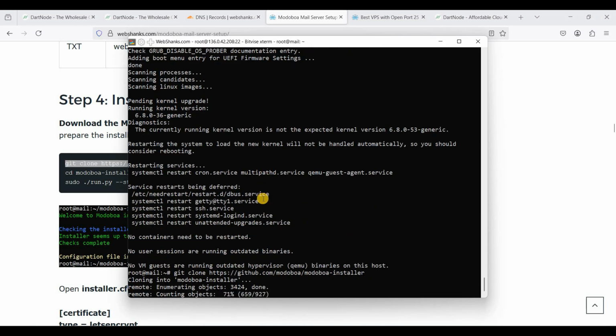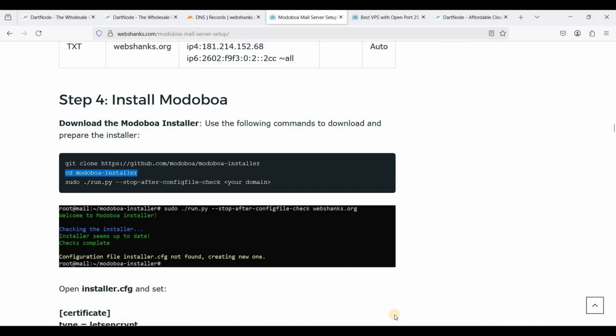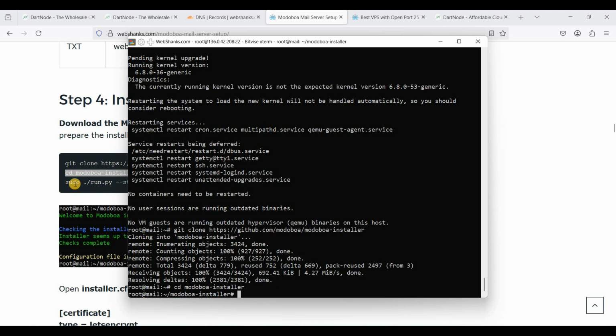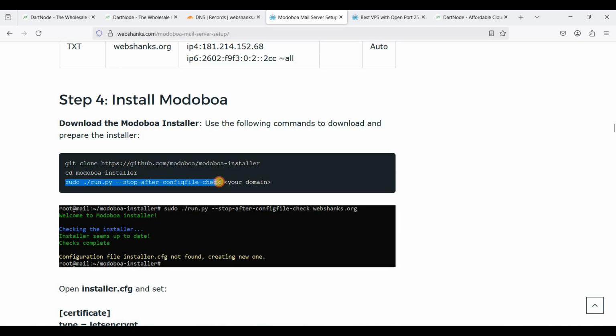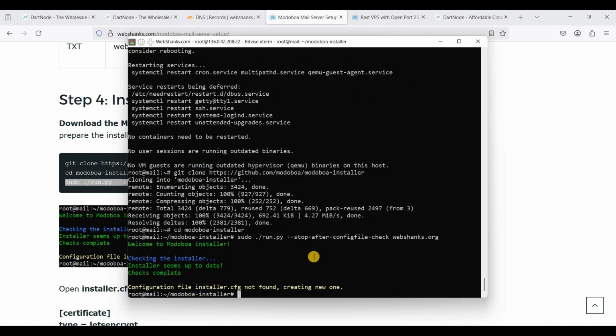Okay, just paste it here, and let's go to the directory, and let's copy this one, and let's set up the Let's Encrypt certificate, and be sure to add your domain. Okay, that will be webshanks.org. Hit enter,